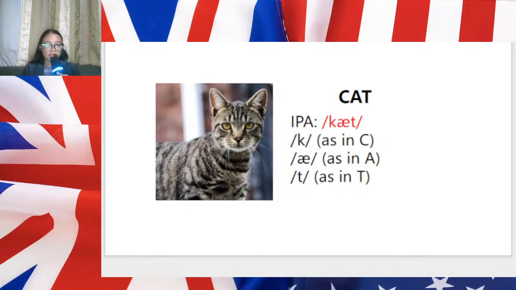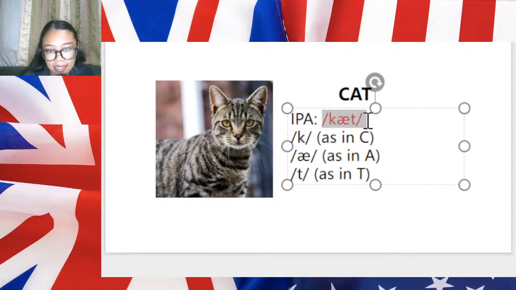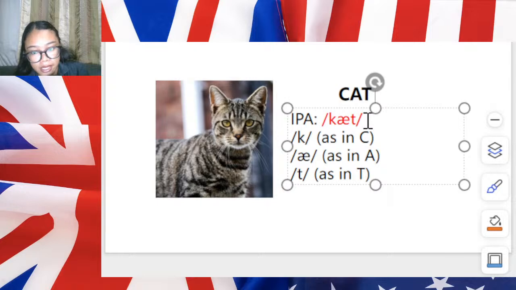Below that, you find its pronunciation represented in the International Phonetic Alphabet, or the IPA, and that is the one highlighted in red. That one is /kæt/. Notice very carefully those forward slashes that act like a bracket, the one in the end as well as in the beginning. Whenever you see letters or symbols placed between the slashes, it is a clear signal that you're